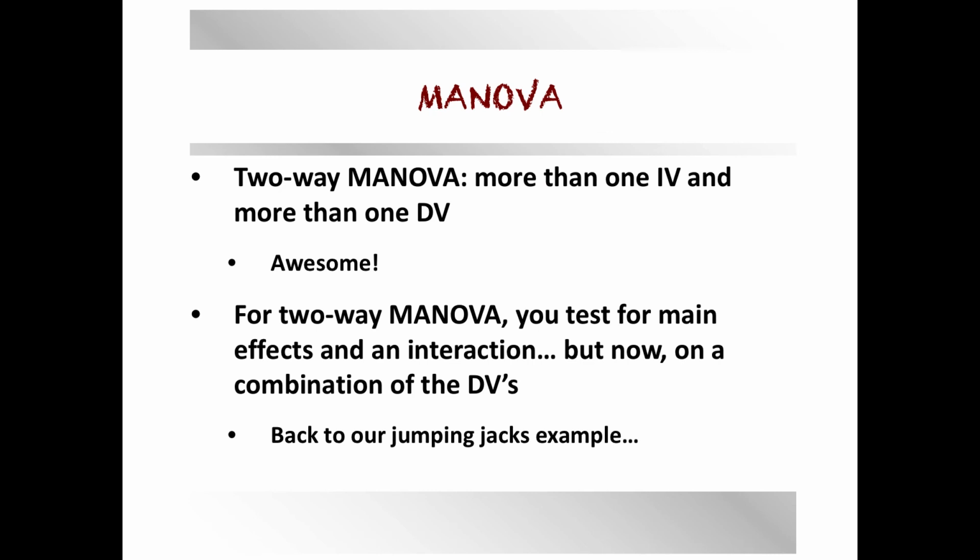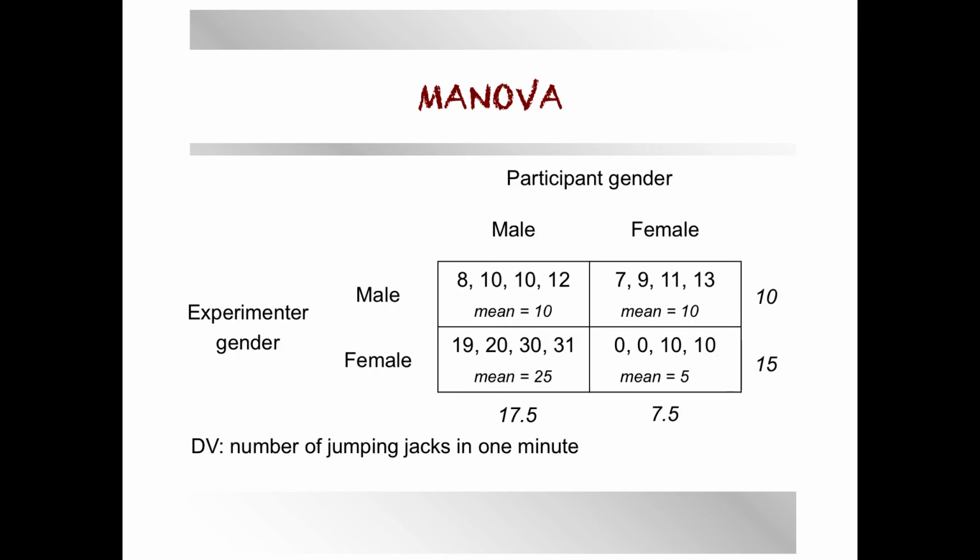Anyway, I'm going to run this through SPSS. This is a jumping jacks example that has been expanded. I gave you this example briefly in one of the review notes from earlier in the semester. So we start out with number of jumping jacks in 1 minute. We have experimenter gender and participant gender as our IVs, theoretically interacting in some way such that a female participant